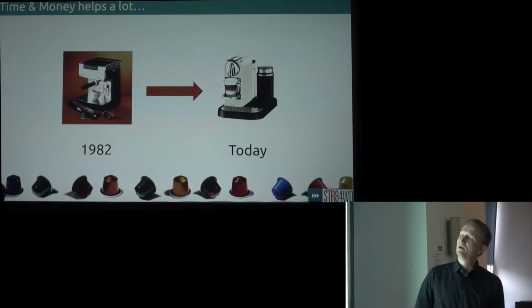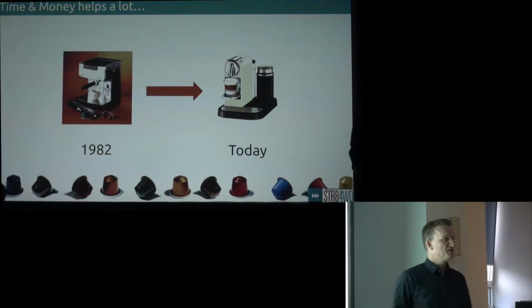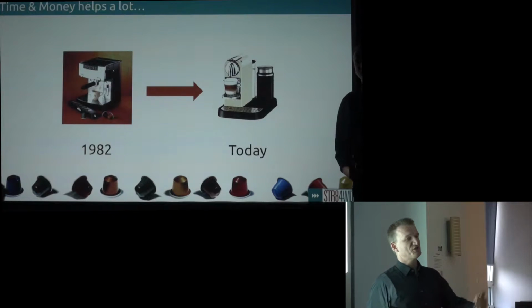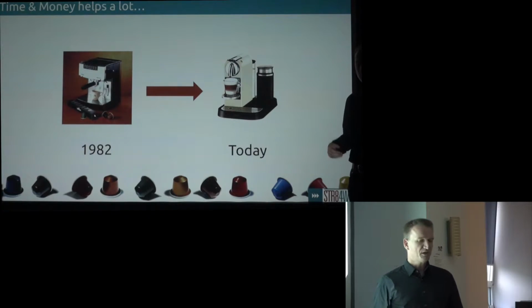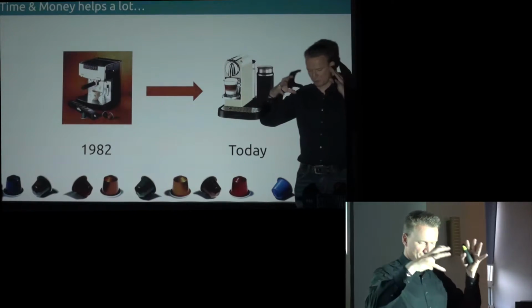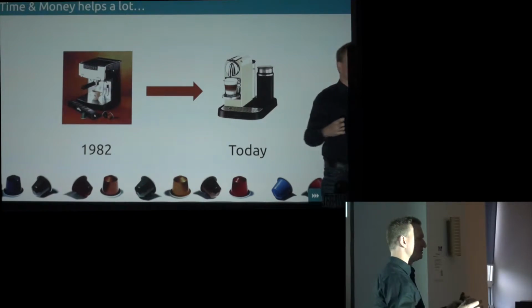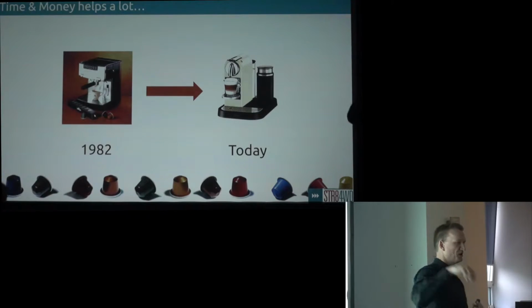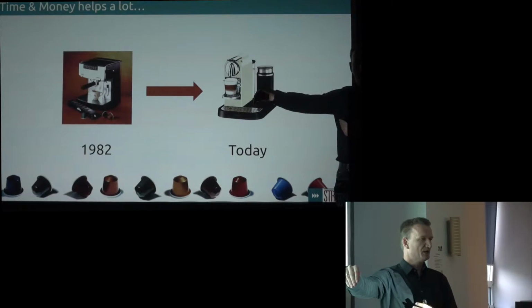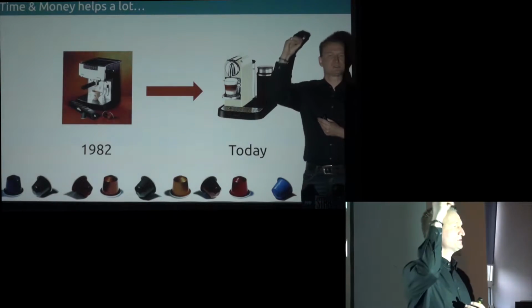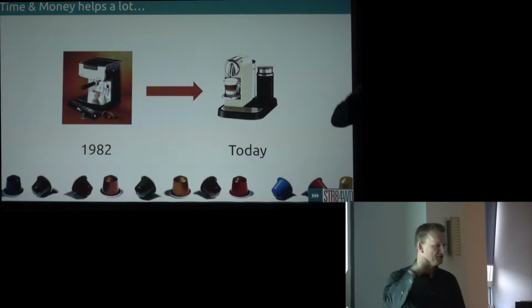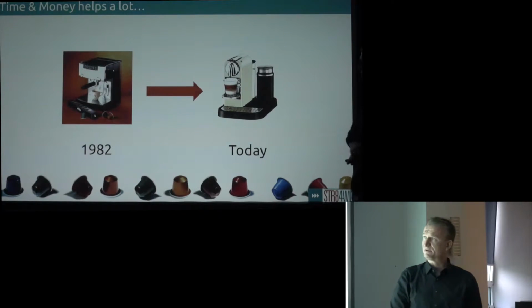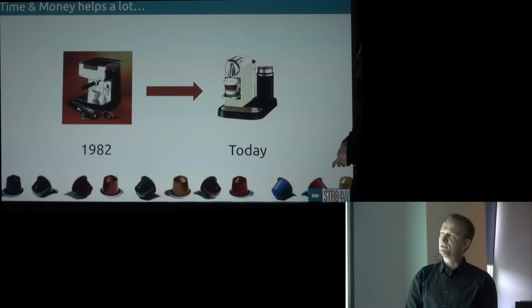But the thing is, when they started in 1982, the business model was actually somewhat similar to where they are today. When you look at the business model today, you'll know about those flagship stores, and the direct sales, and you can only buy the machines in the electronic stores, but when you need the capsules, you need to buy them right from Nespresso. So that seems like the best business model ever, and you just need to execute on it, but the story is different.